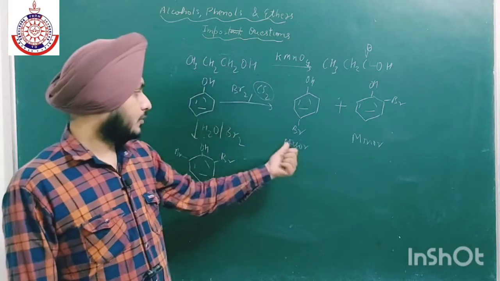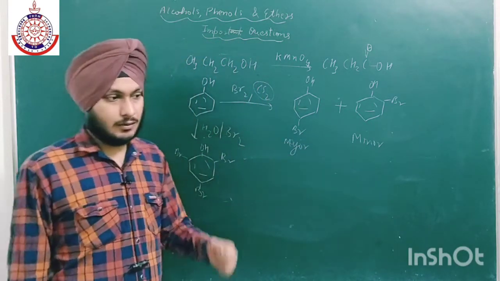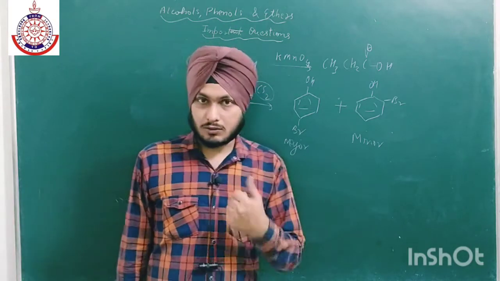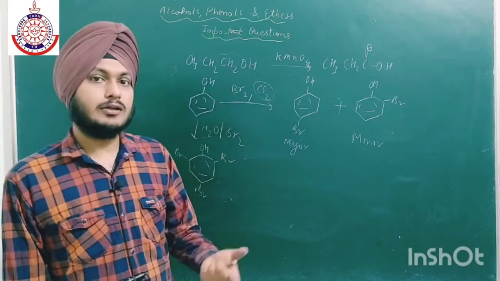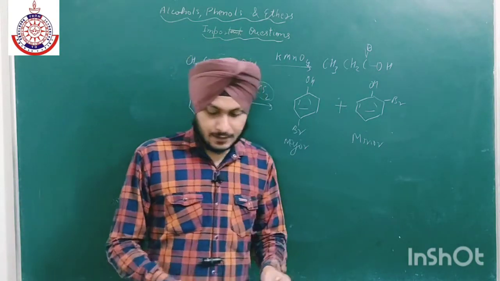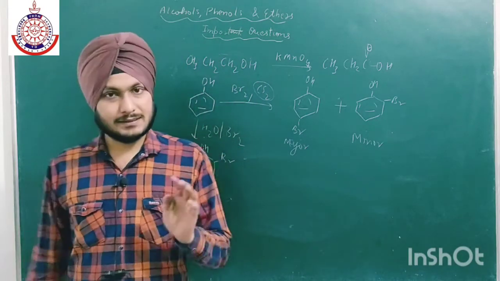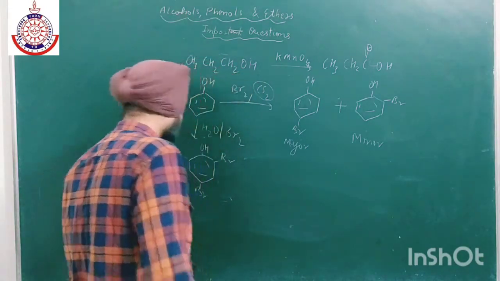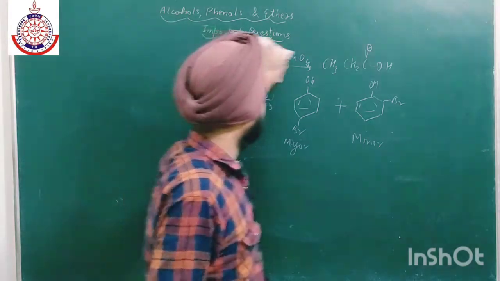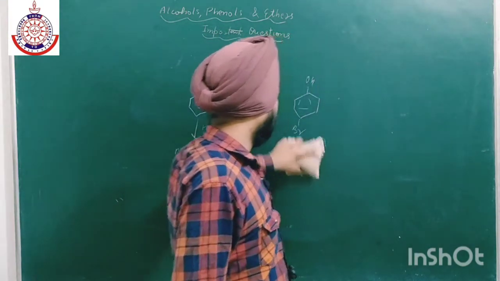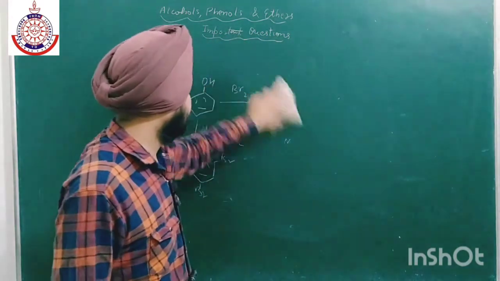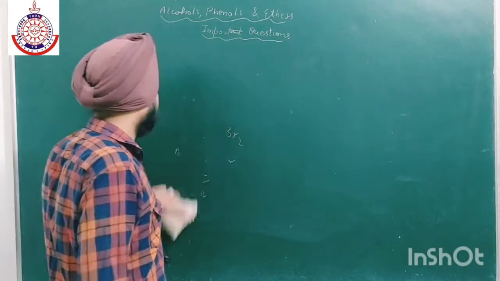Okay, why ortho is stable, why the para is stable, or in case of nitro, ortho is more stable, because in that case intermolecular hydrogen bonding will take place. Okay, so हर एक चीज का आपके पास रीजन लिखा हुआ है, so you just have to revise all the topics. And one more thing I want to share with you, that don't try to cram the reactions.